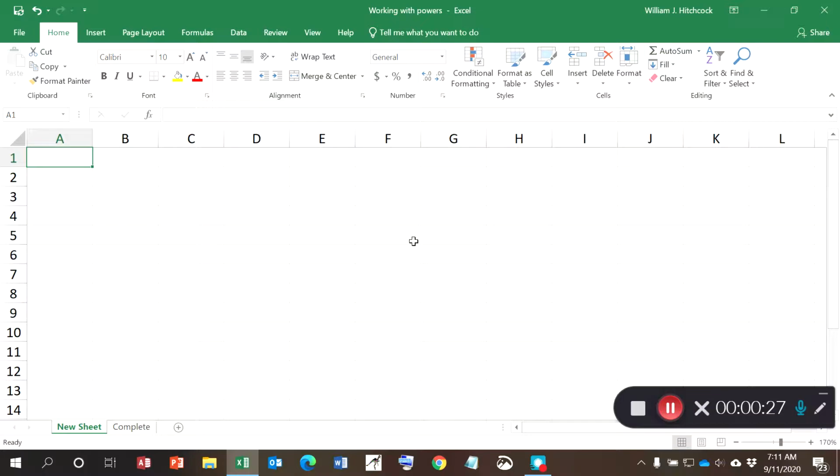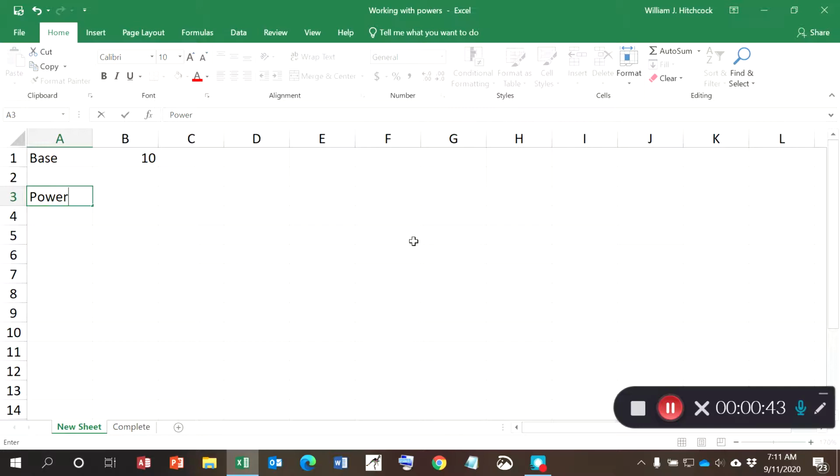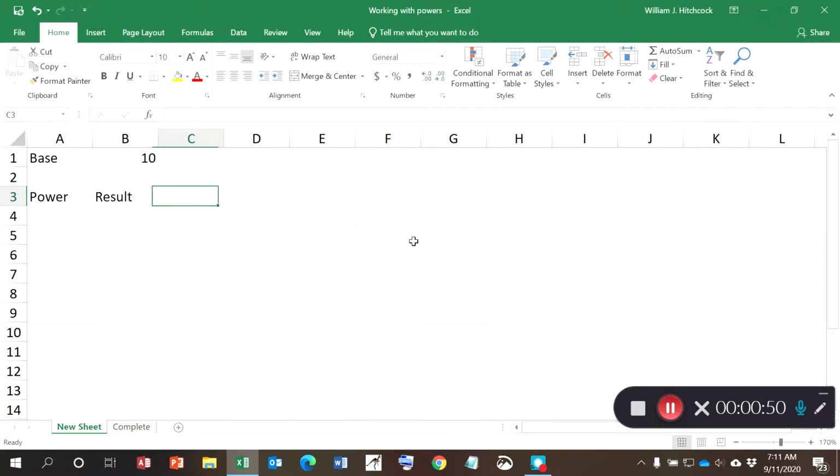And up in cell A1, I'm just going to type in the word base. That's my number that I'm going to use as my numeric base. And normally we start out with 10, or in other words, with a decimal number. Under that, I want to take a look at raising 10 to certain powers. So I want to see what the result is going to be. And then finally, I'm going to format these numbers as a fraction to help understand the concept behind raising numbers